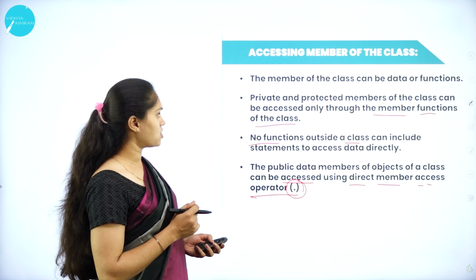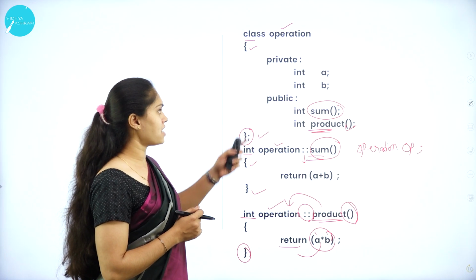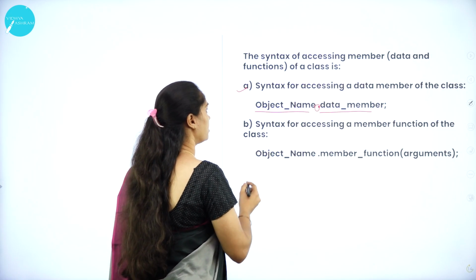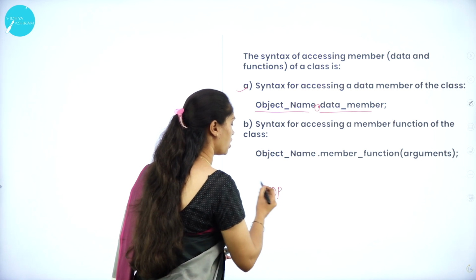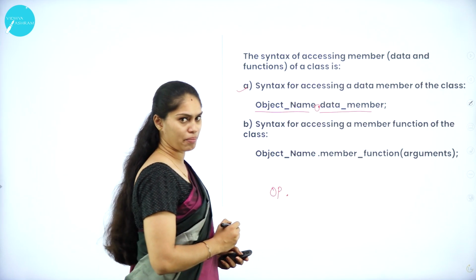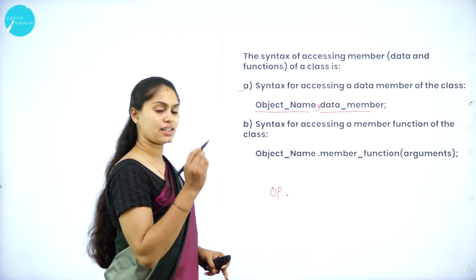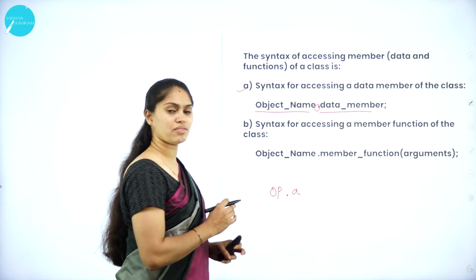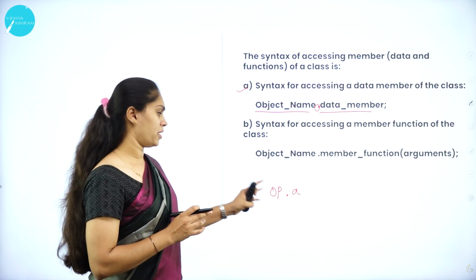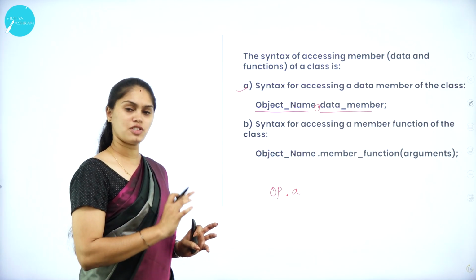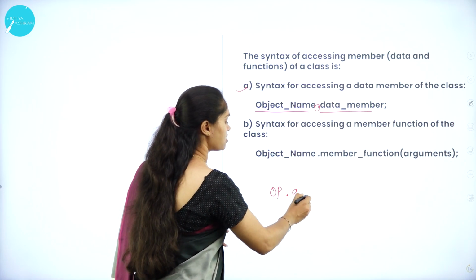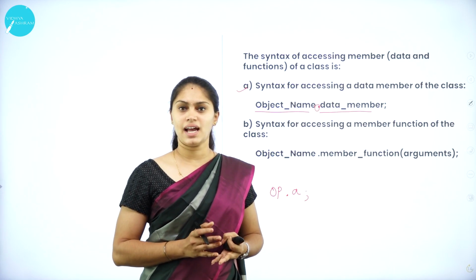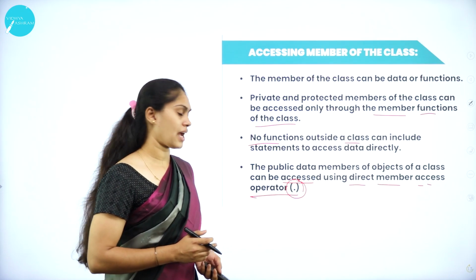Then how can I access this one? What are the data members of this class? A and B. So for that example, I use the object name OP. After that, the dot operator, and then the data member. There I have A and B, so for this instance I am going to take A. Whatever the content is there will be copied to this object. A class comprises one or more objects and ends with a semicolon. So this is how I can access the data member with the help of the object and the direct member access operator, that is the dot operator.